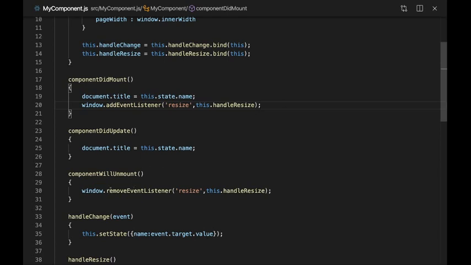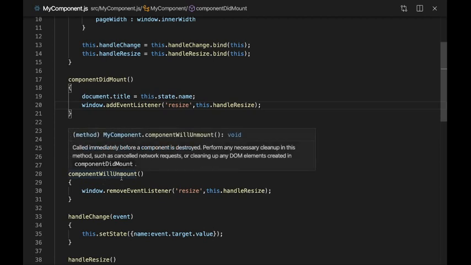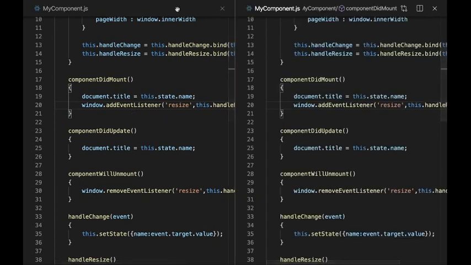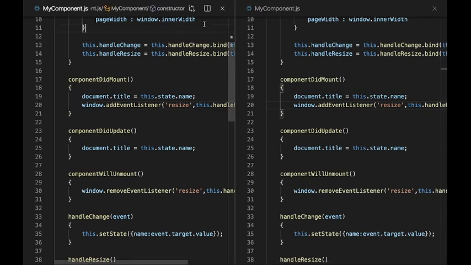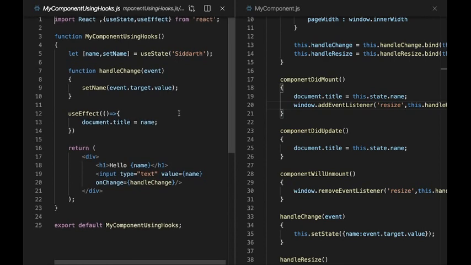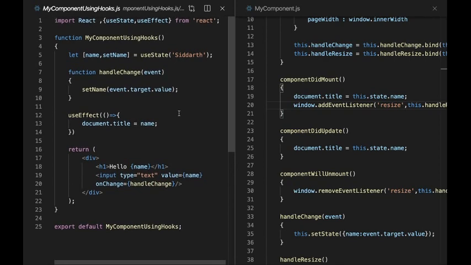There are more cleanup things that need to happen in componentWillUnmount. That's why this lifecycle method was presented in the first place. Okay, so what we'll do now is we'll try to recreate the same thing with hooks. Okay, there you go. Here, I've compared it with hooks. Okay, great. So step one is we need